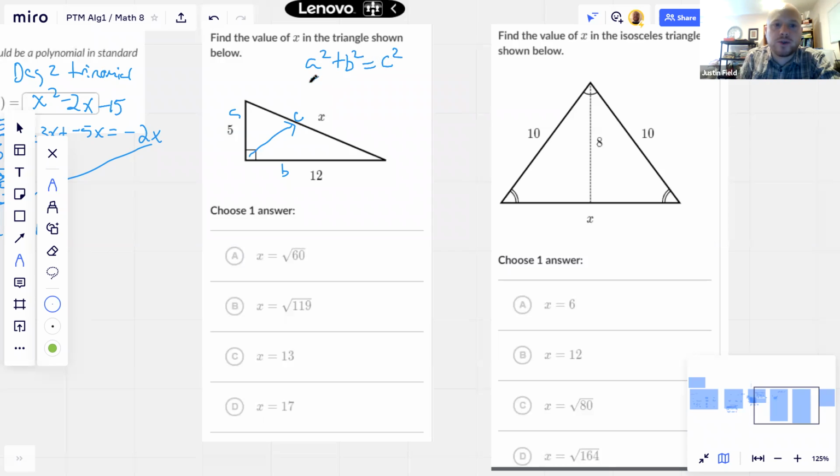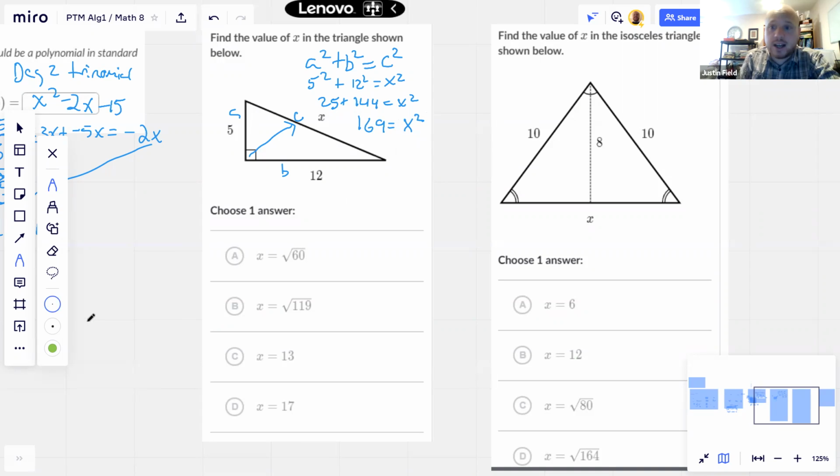Now I can substitute 5 squared plus 12 squared equals x squared. I'm just going to do my squaring, follow order of operations, and then inverse operations. So 5 squared is 25. 12 squared is 144. Bring down the x squared. 25 plus 144 is 169. And now,